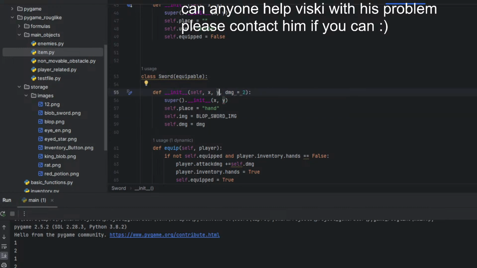This one first. Oh no, more like this. None.